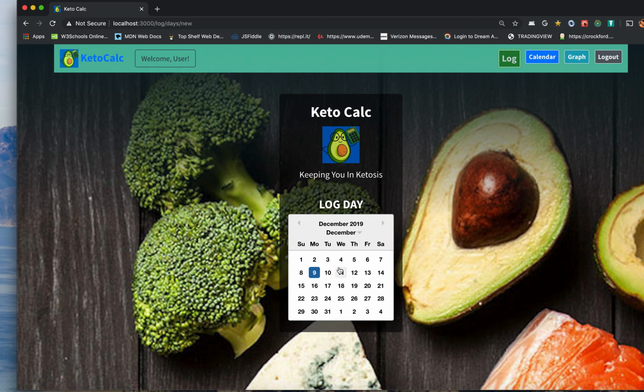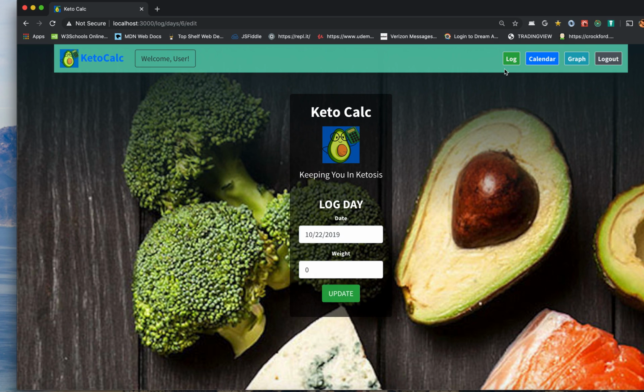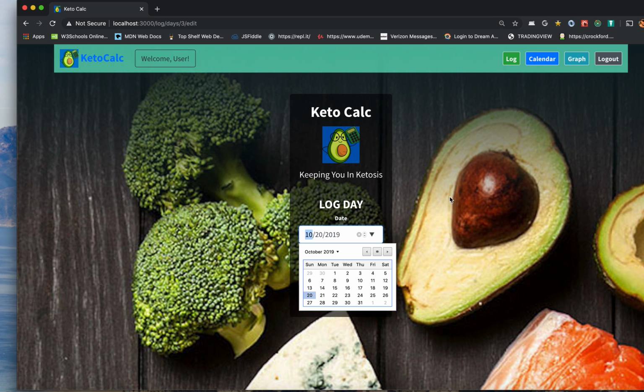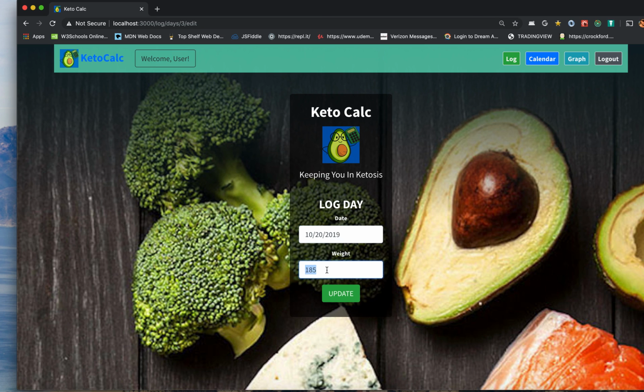Within the log, we can see here the days for which we already have logged a day are highlighted in green. Upon clicking on a new day, such as that, or clicking on a currently logged date, such as this, we're able to update that date from the drop-down, or edit the weight for that date. And we can see here, if we edit on this day,